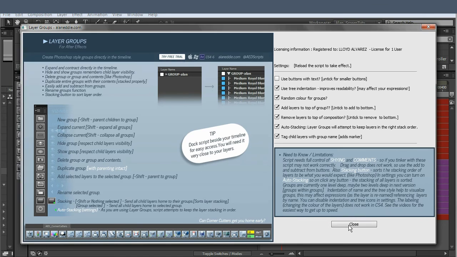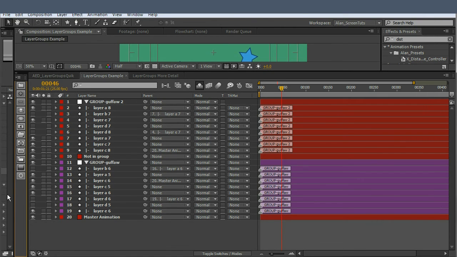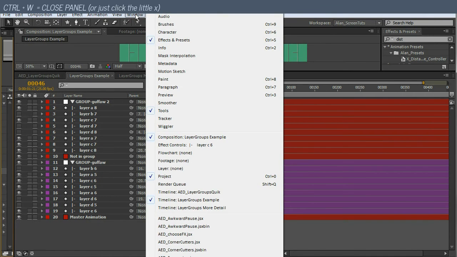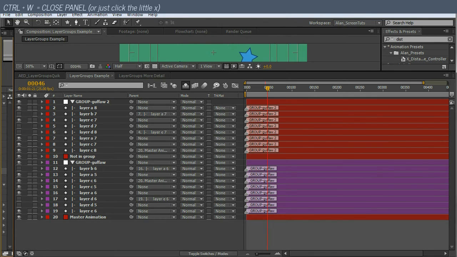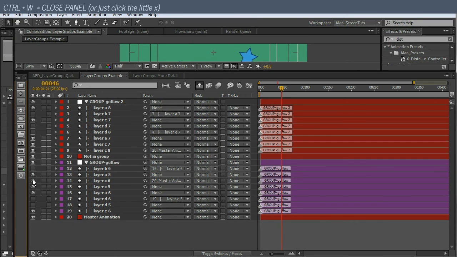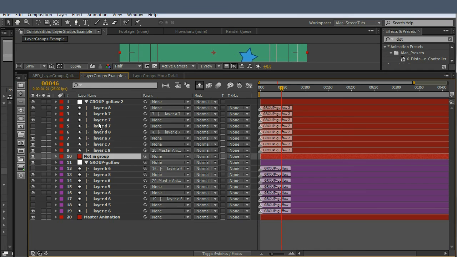So I'm going to turn that on, close it. With the settings, you have to close out the script and go and load it again. So it's off screen there, but you just reload it, and there it is. And now there's a little green light, so auto stacking is going to happen. So that means that